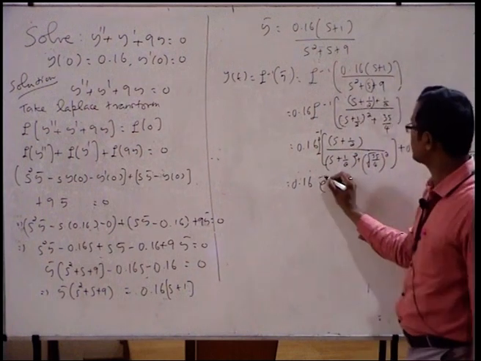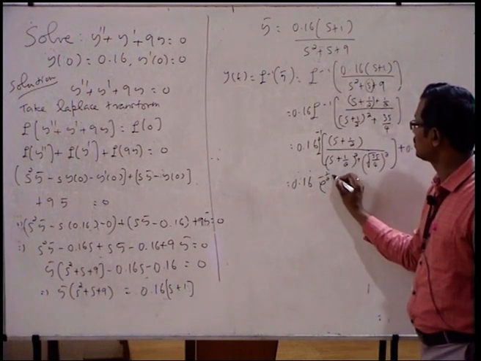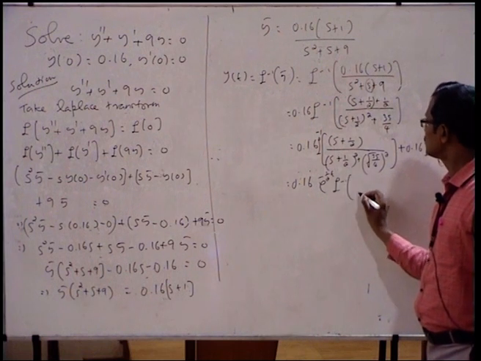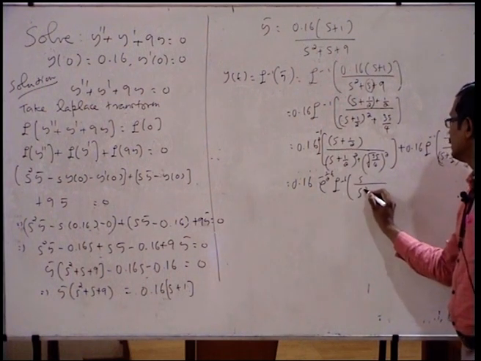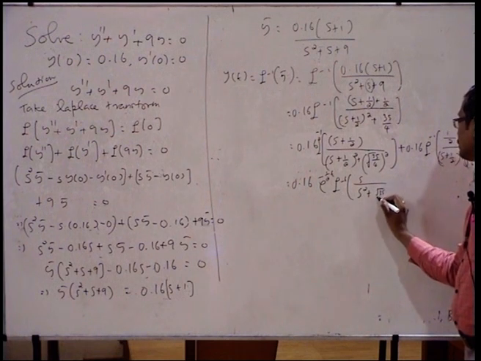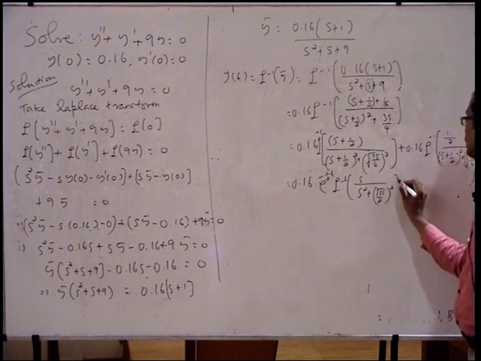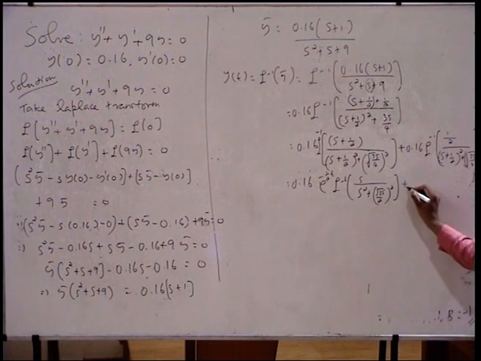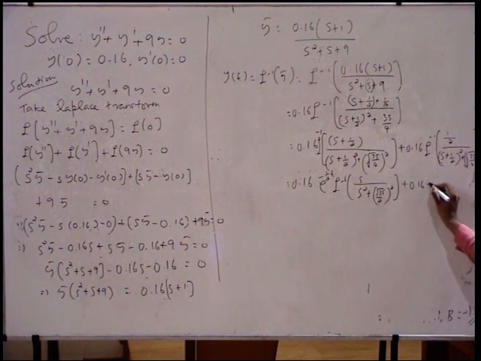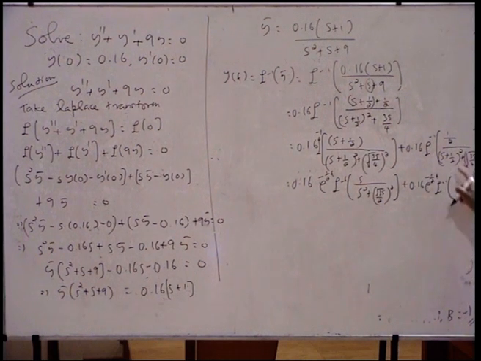The corresponding exponential function is e raised to minus 1 by 2 t into L inverse of s by s square plus root of 35 by 2 the whole square, plus 0.16 into e raised to minus 1 by 2 t into L inverse of 1 by 2, which is constant, so you can take it outside the operator, so 0.16 by 2, 1 by s square plus root of 35 by 2 whole square,